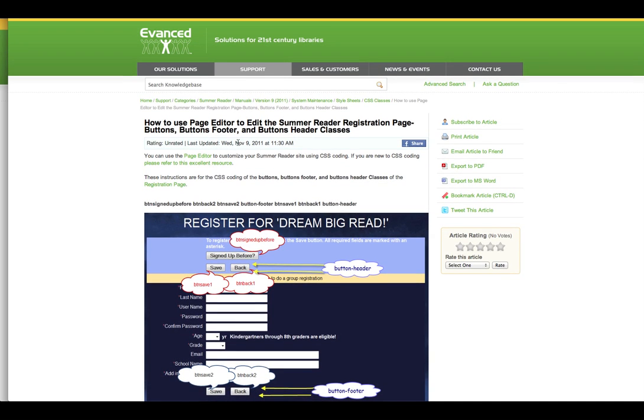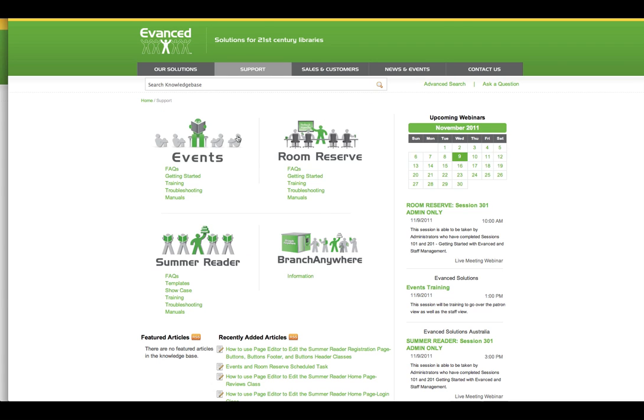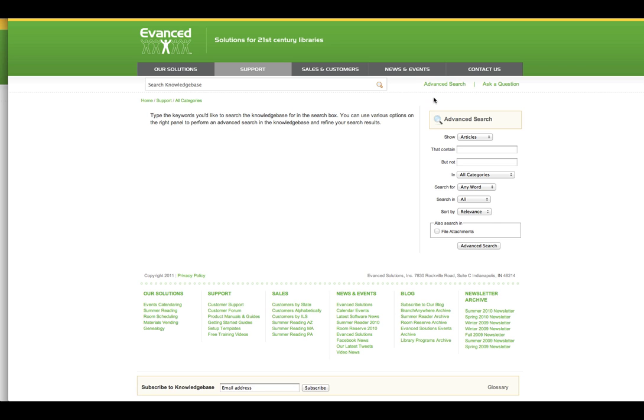Let's go back to the home page again. Again, I'm using the breadcrumbs. Again, up here at the top, we have another way of doing a search. It's called Advanced Search. By selecting Advanced Search, I can come over here and put in the criteria for what I'm looking for. So if I wanted to, I could put in archive in the area that's called that contain,